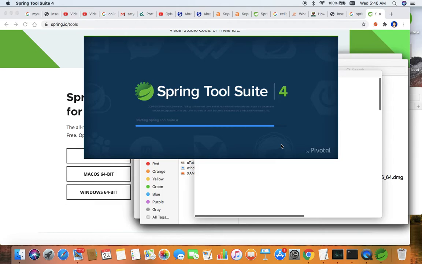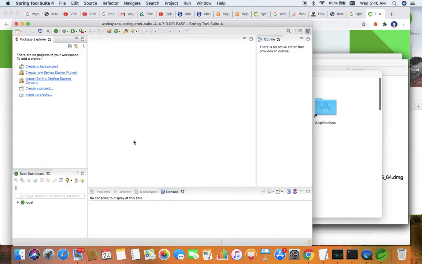So this is going to be blank for the first execution. In the package explorer, it doesn't have anything to show because I have not created any project.